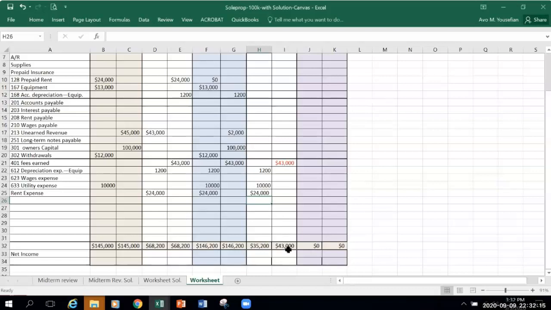revenue is 43. Remember, do you see all these are equal? 68, 68, 145, 145, but this is not equal, so it's not good, right? So what we're gonna do, just to understand what is our net income, you go below expense. One more time, you go below expense and you say equals to